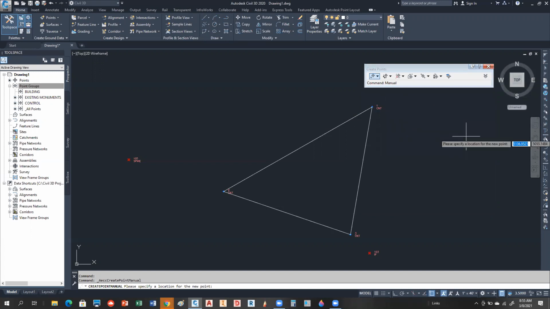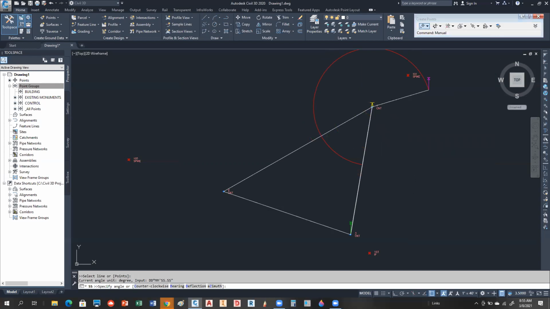But I'm going to do a manual, and I'm going to do a side shot. We're going to be able to do multiple side shots. So the first time we're setting up at point 1, backsighting point 3, so that would be like this right here. And if this guy's in your way, you can just kind of move him. All right, so make sure your instrument's at 1 and you're backsighting 3. So we have 2 points to put in there, 70 and 71. So I'm going to put in